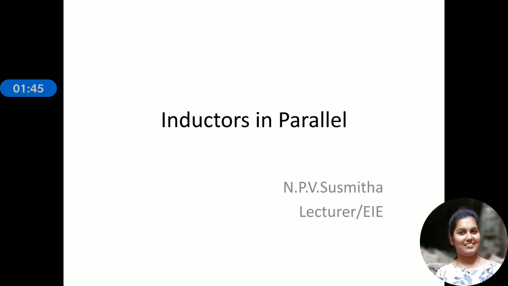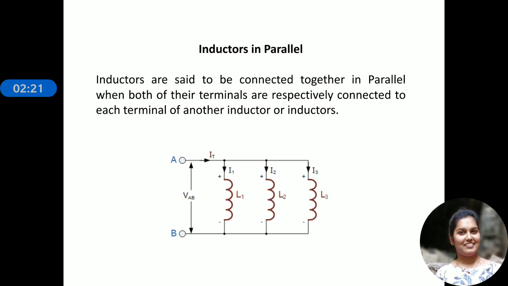We have also discussed what is meant by mutual inductance. Mutual inductance is when, for example, two or more inductors are connected nearby to one another, because of the current that is flowing in one coil, voltage will be induced in the nearby coil. So because of one coil, voltage will be induced in the adjacent coil, and this property we call mutual inductance.